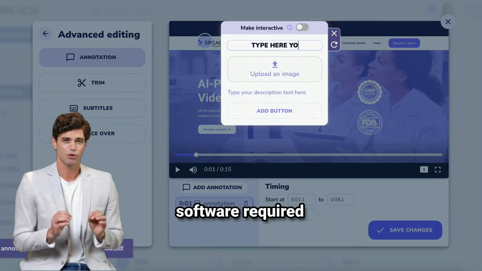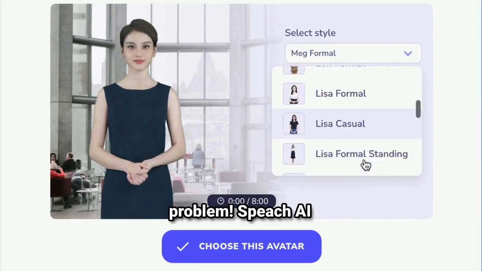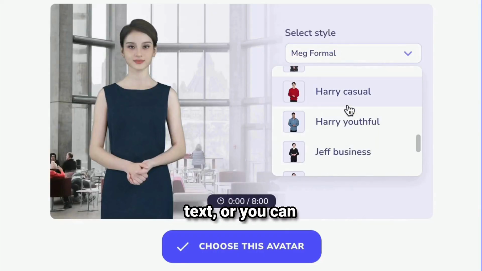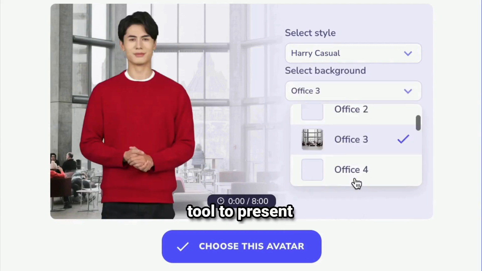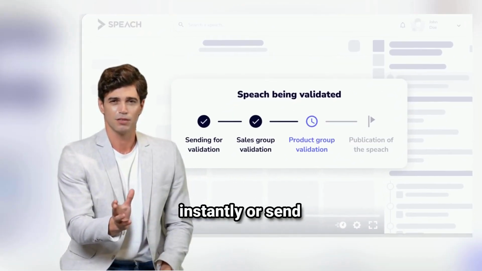No additional software required. Don't want to record your voice or appear on camera? No problem. Speach AI can generate a professional voiceover from text, or you can use our avatar tool to present your slides for you. Once your video training is complete, you can publish it instantly, or send it for review